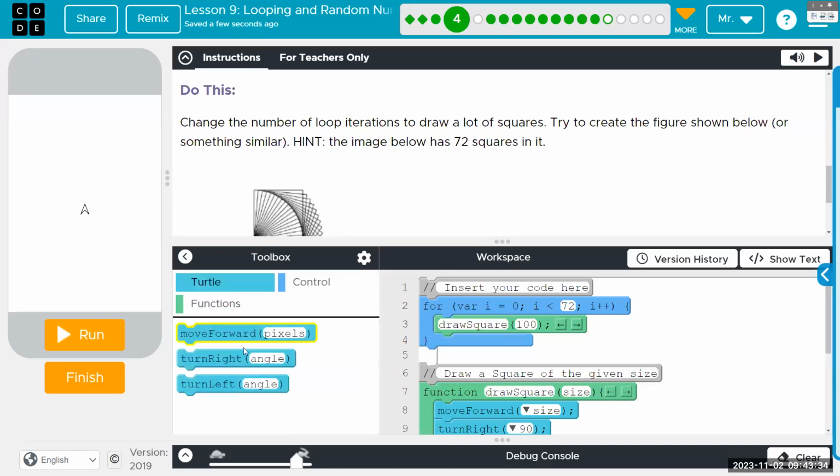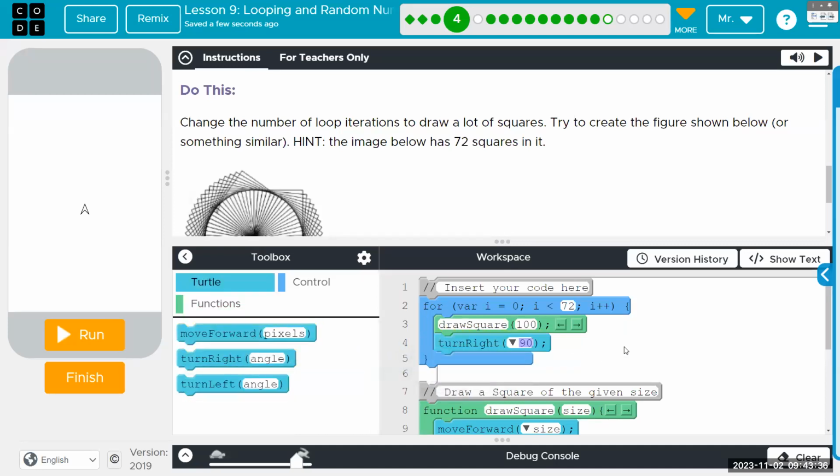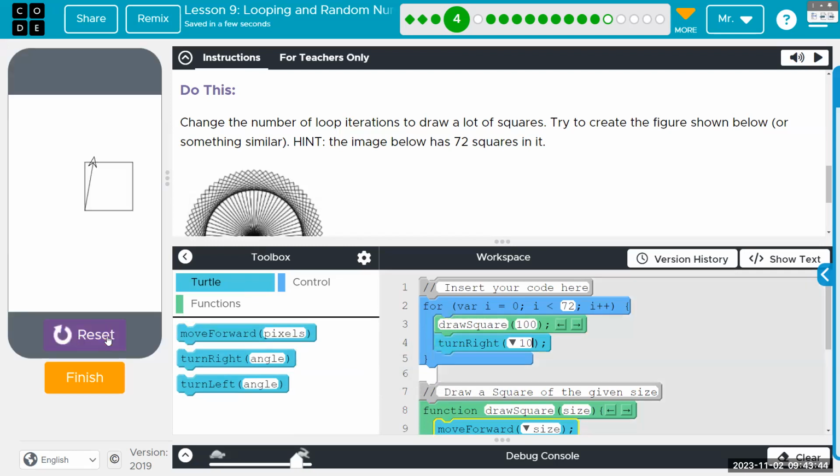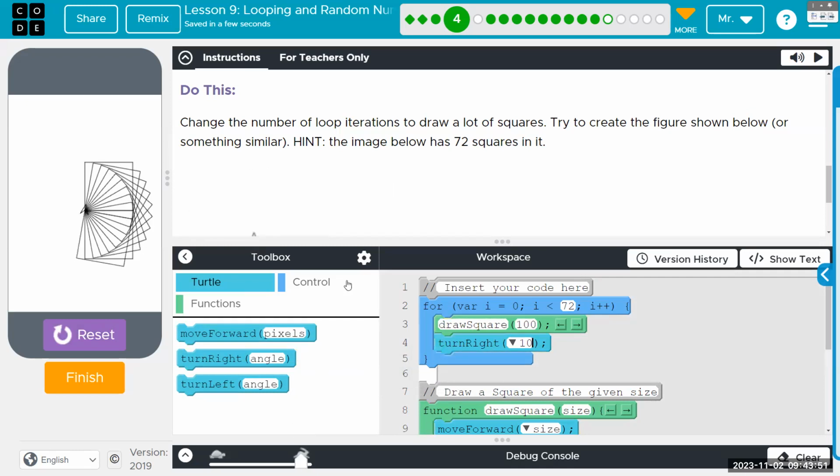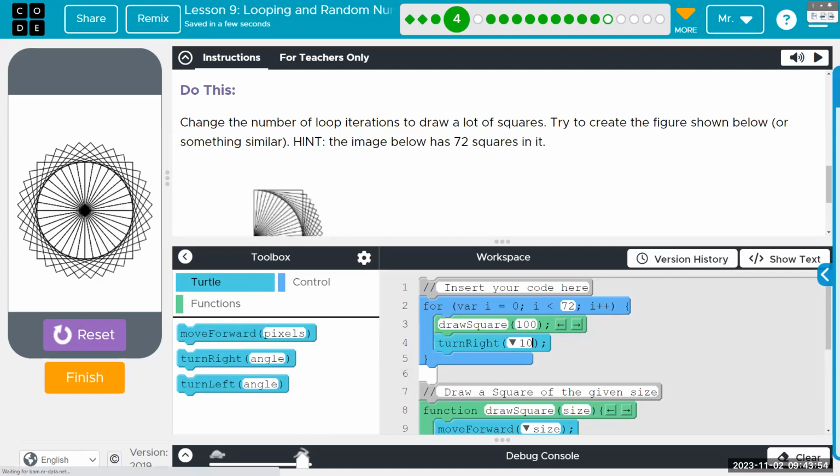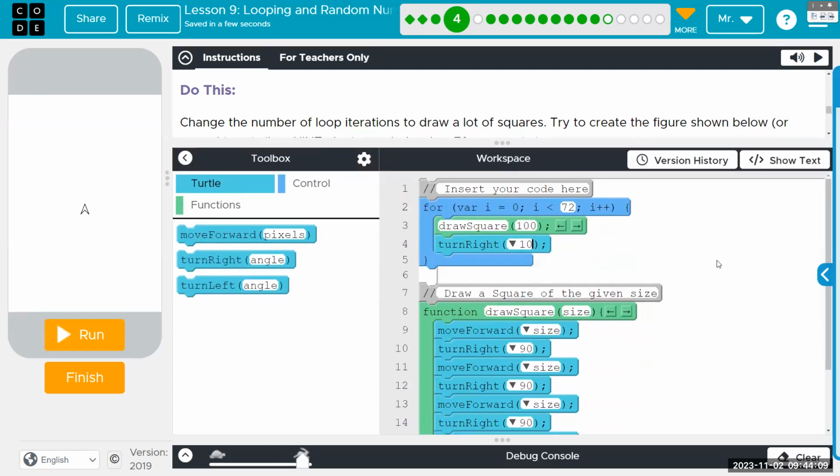We need the slight turn, I guess turn right, in order to copy it. And I don't know, 10 degrees. It's probably, what's 72 divided by 360? Whichever. And there we go. We're drawing squares with slight changes each time. If you speed the speed selector all the way up, it kind of happens instantly. But you'll see when we get into complex things, you actually see it running.